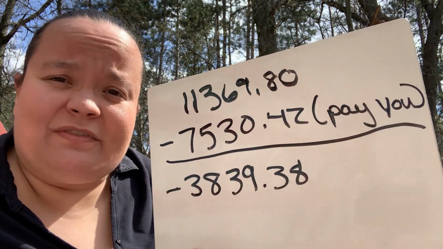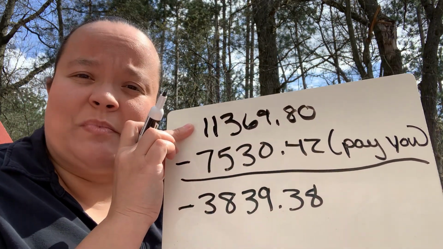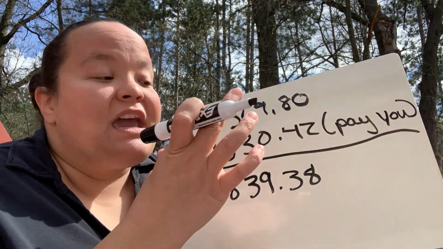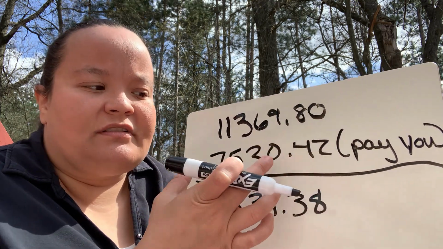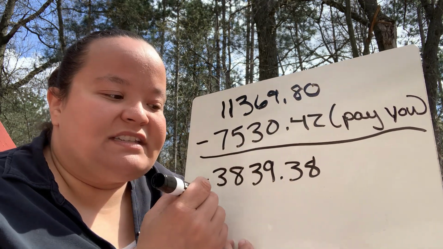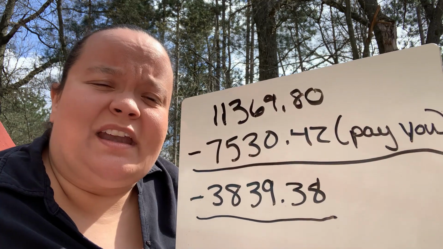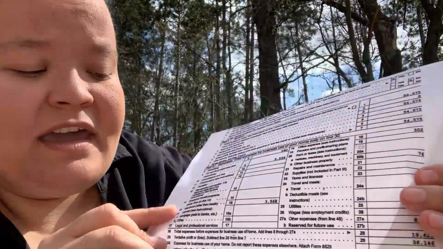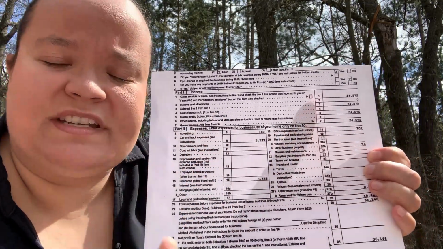Now, when you go for forgiveness, this will all get lumped together and you'll be putting the total loan amount under the payroll expense. But the reason you want to separate these two is because they are paying you. They want to pay you just your owner's compensation based off your Schedule C, but they want this amount down here to go toward keeping your business open. So what does that mean? That means any of your usual business expenses that can be found on this Schedule C here. So anything that's listed here can be paid for using that money.